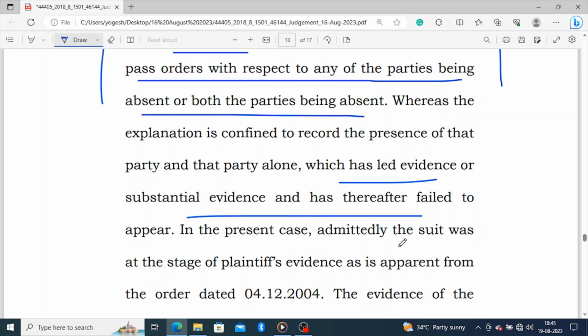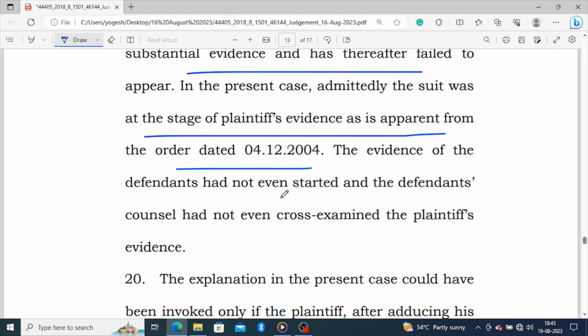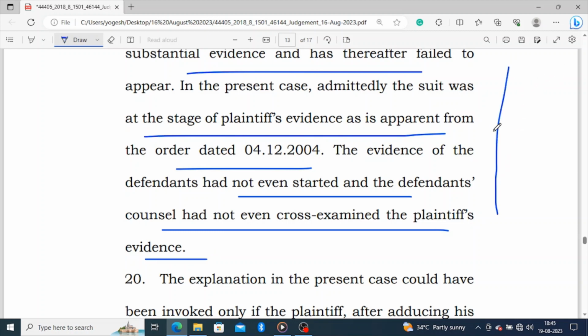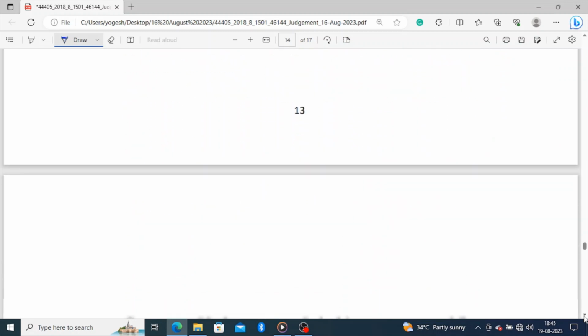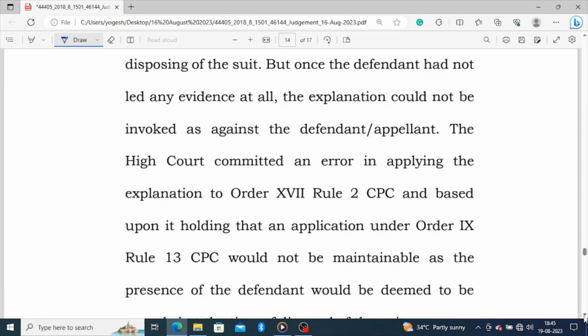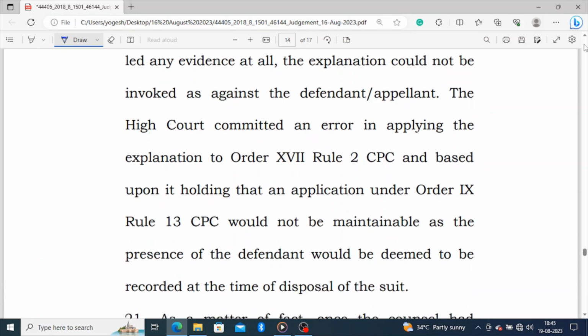In the present case, admittedly the suit was at the stage of plaintiff's evidence, as appears from the order dated so and so. The evidence of the defendant had not even started, and the defendant's counsel had not even cross-examined the plaintiff's evidence. So now the court has made an analysis that the case was only at the stage of the plaintiff's evidence, and the defendant had yet to lead their own evidence. So the court has finally concluded that the Honorable High Court has made an error in its analysis of the explanation